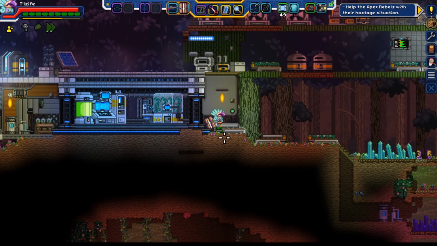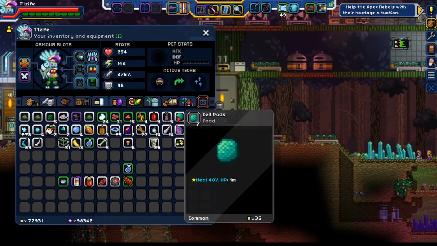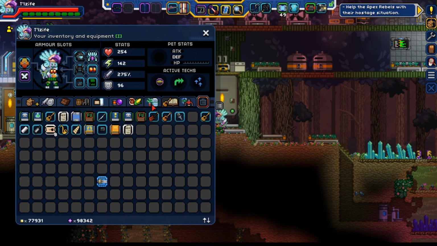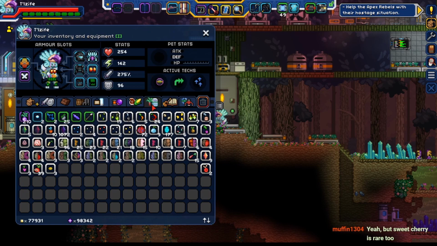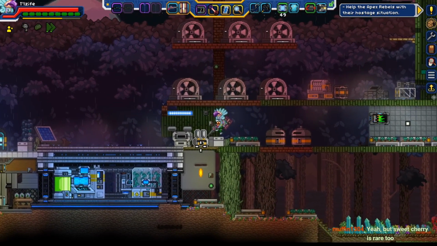Shoot, shadowroot. I could have sworn I had some. Nope, not here. So that means I'm just gonna need to make aquapods and...